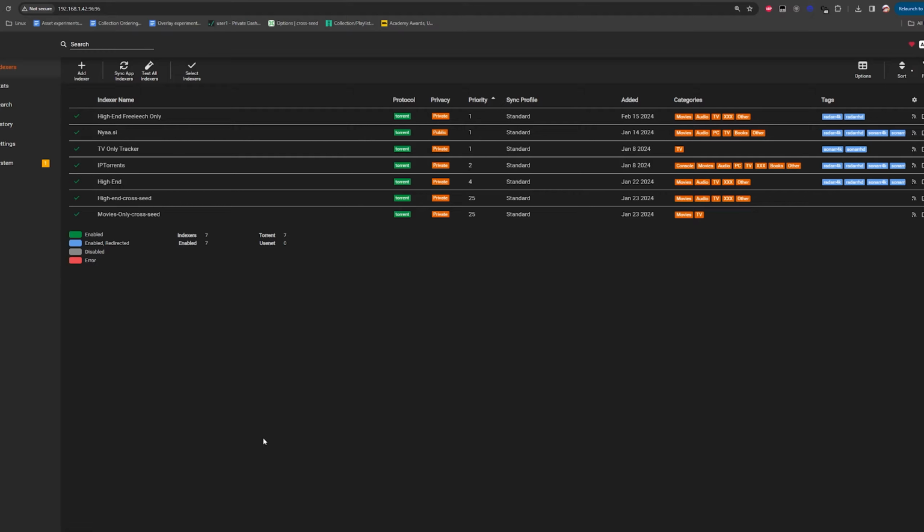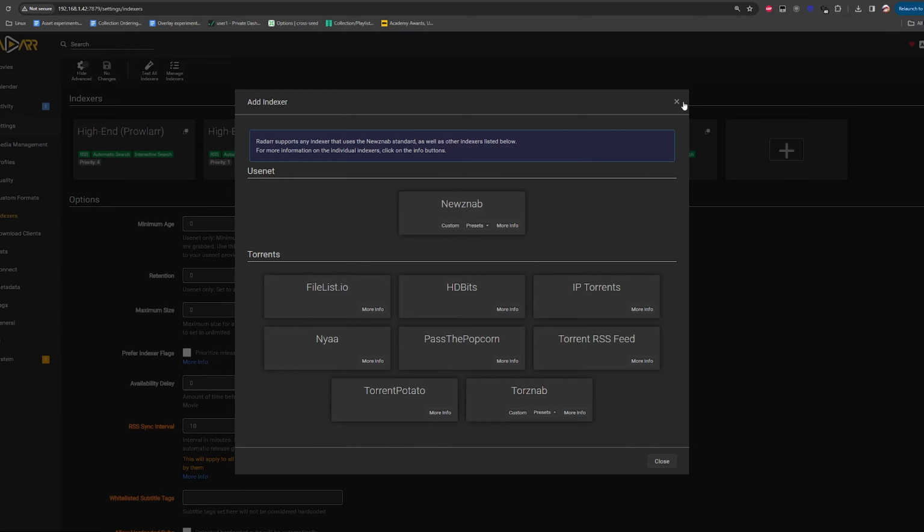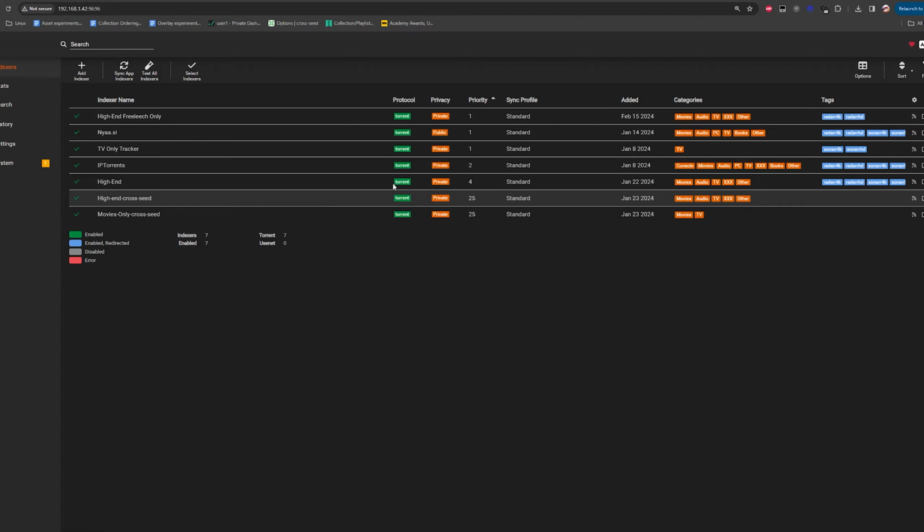In front of me here, I have Prowlarr, as covered in the Sonarr and Radarr 2 instances video. If you don't know what I'm talking about, please watch that first and then come back here. Prowlarr essentially allows you to add indexers across all the instances of Radarr and Sonarr without having to manually go into each one and add them. So I want to show you guys what I do in terms of managing how I grab movies without necessarily blowing the bank on any one tracker.